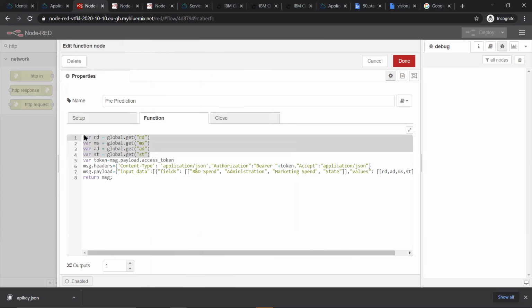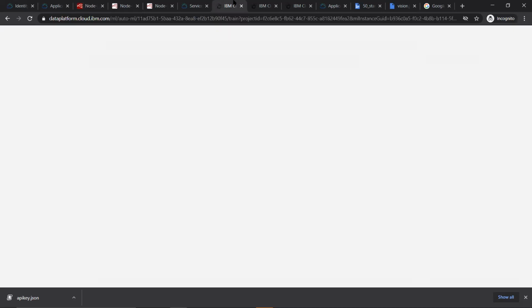I'll tell you why only JSON also. And then authorization is this token you have to give, right? Bearer authorization is what we call it, and then we attach the access token which we have received. It should accept which type of information? It should accept JSON type of information, application/json. That's the reason we give this. Before you go ahead and understand what this payload is and why we have given it only in this format, let me show you the machine learning model which we built. Now let's go back to our machine learning model.